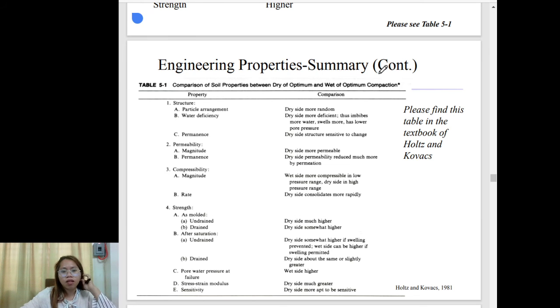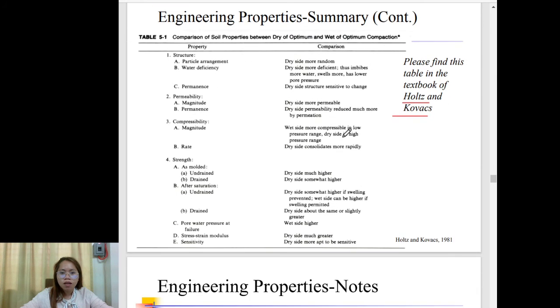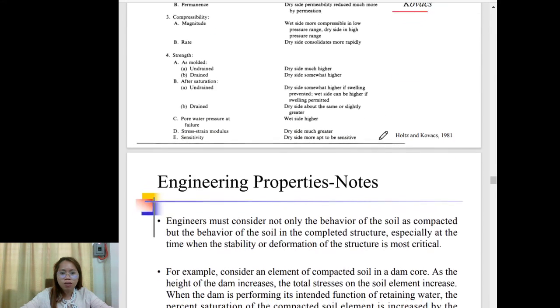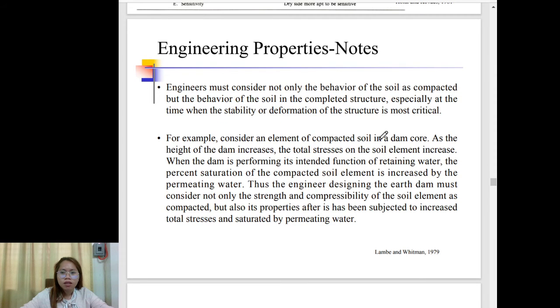comparison on the compaction curve of the different criteria. So this can be found in Holtz and Kovacs. So I will try to post the book on the Google Classroom, including this video. And engineering properties, for the notes: engineers must consider not only the behavior of the soil as